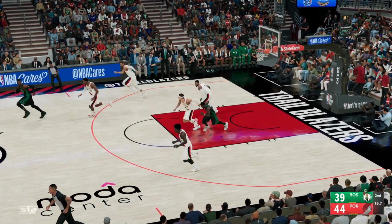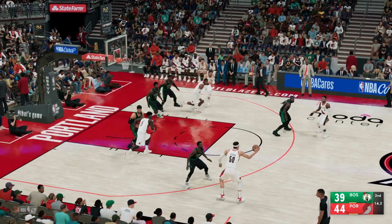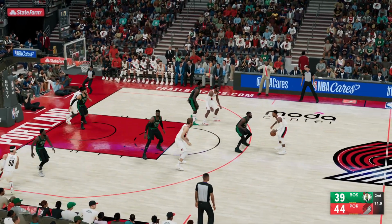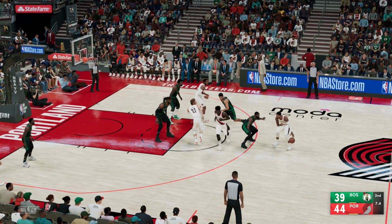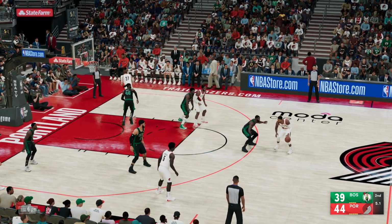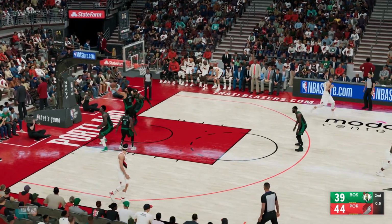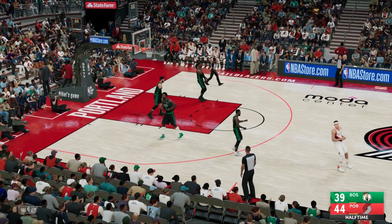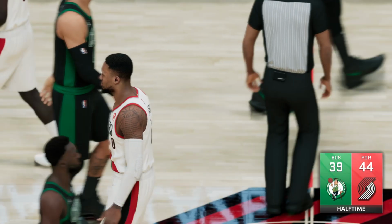Nice D from Lillard, and no need to rush this. Let the clock run down. It's about trying to close the quarter strong, and by that, take a great shot without giving them an opportunity for another one down the other end. Aldridge with a screen on Brown. And so it's Damian Lillard making things happen for the Portland Trailblazers. He comes away with 11 points in the quarter and is showing no signs